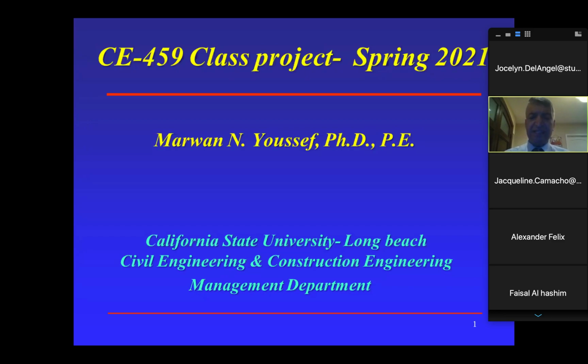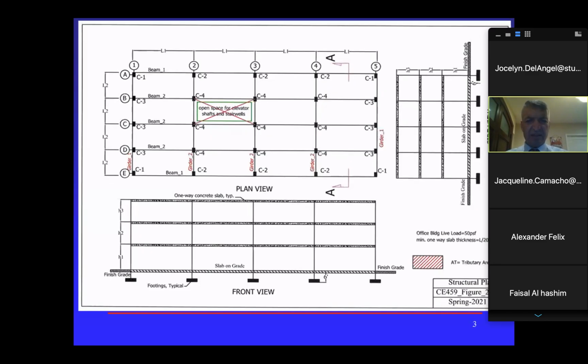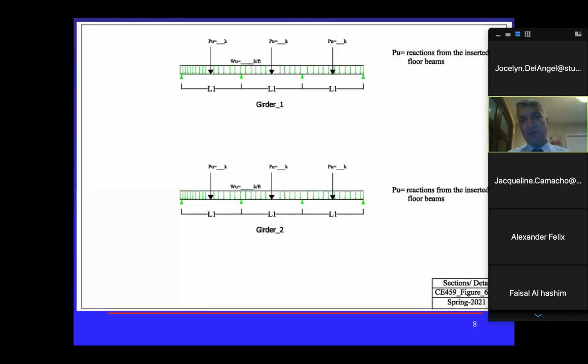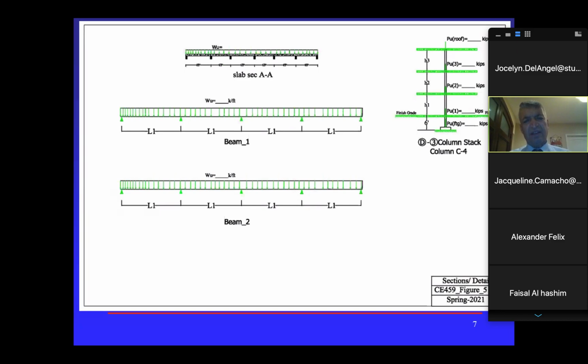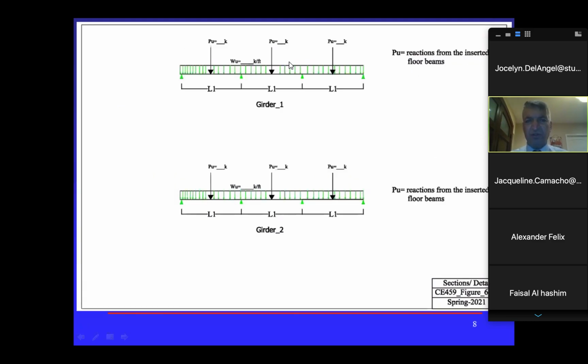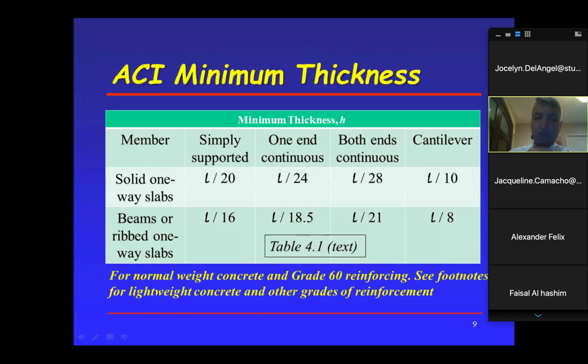All right. So let's see. I also posted this lecture again, so I would like just to show you what I did. These are the same. The new things I did: I showed the slab here with the dimensions, and then I showed the girders, girder 1, girder 2, with the reactions coming. But the most important thing is I showed this table, and this is gonna help us